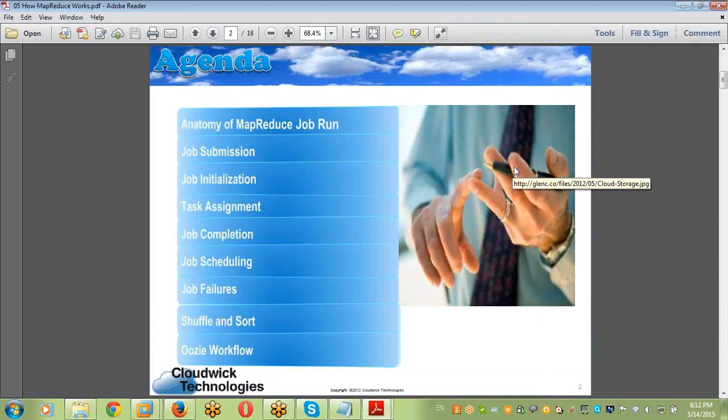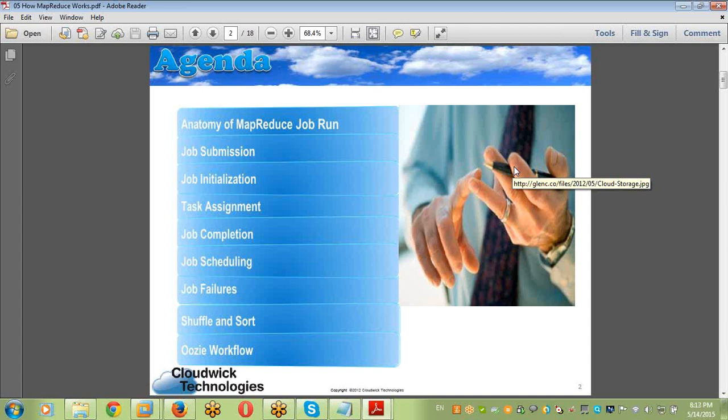Yes, this is the agenda: the anatomy of a job. That is the internal concept. The more clarity we have on the internal concept, the more clarity in our own programs also. People nowadays are concentrating on MapReduce, on the work of MapReduce. Even if you came from a non-Java background, you can understand this internal work clearly. Understanding the internal work does not require any Java language, just common sense is more than enough.